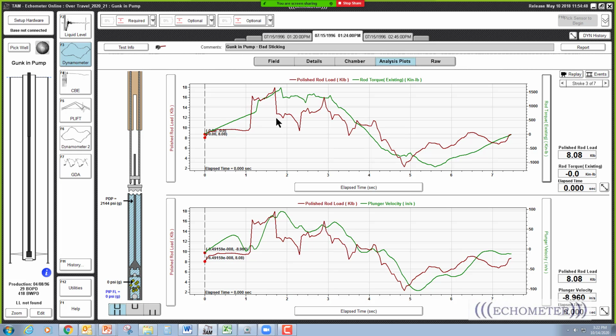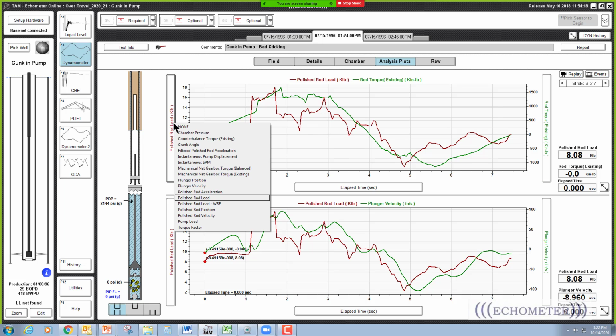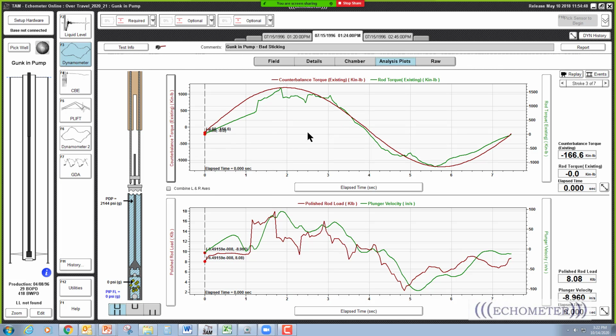It doesn't show up quite as good here, but that's the rod torque. See how this rod torque is less than that rod torque there. So the inch-pounds, 1,000 inch-pounds. The difference between the rod torque and the counterbalance torque is the net torque. So if I plot over here the counterbalance torque, that peak and the counterbalance torque line up, and that peak is much farther away from